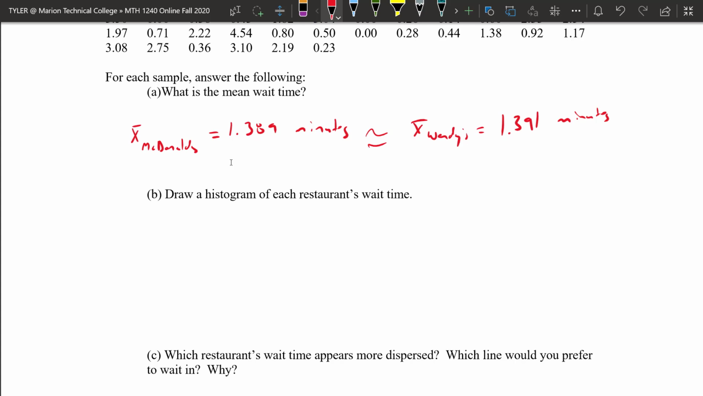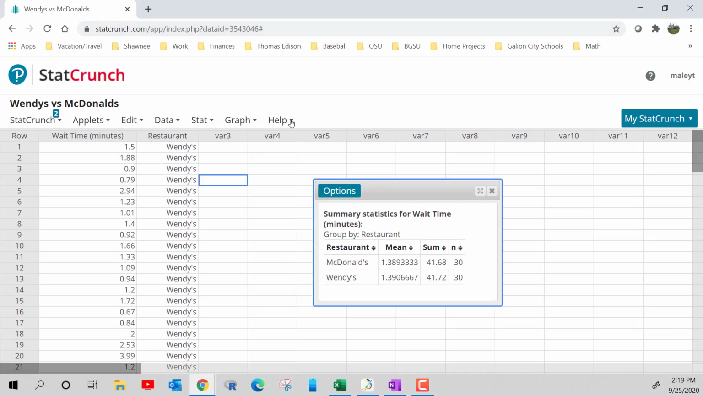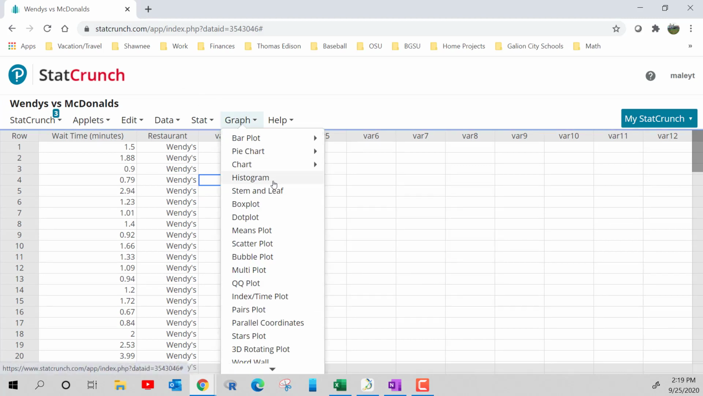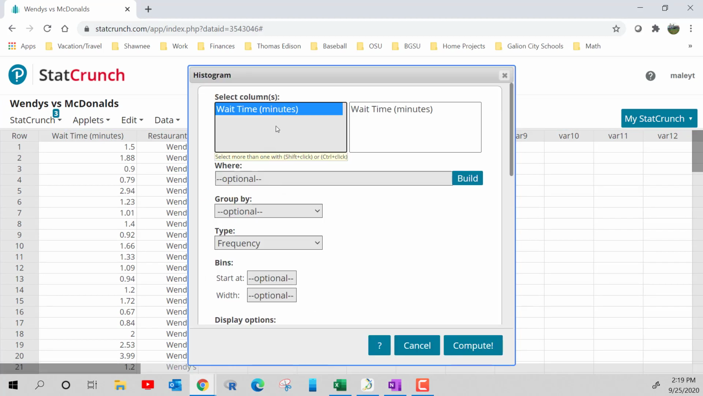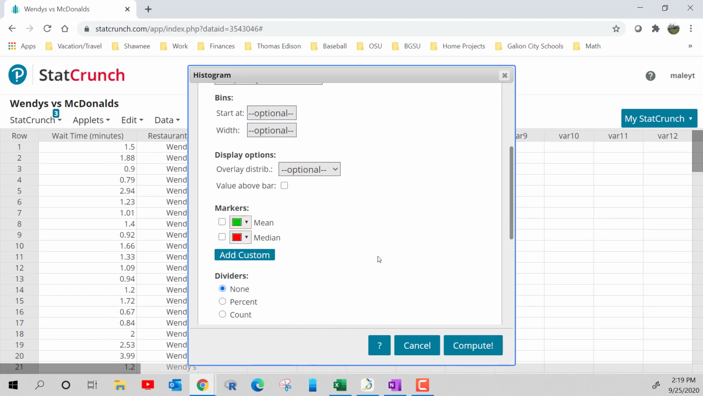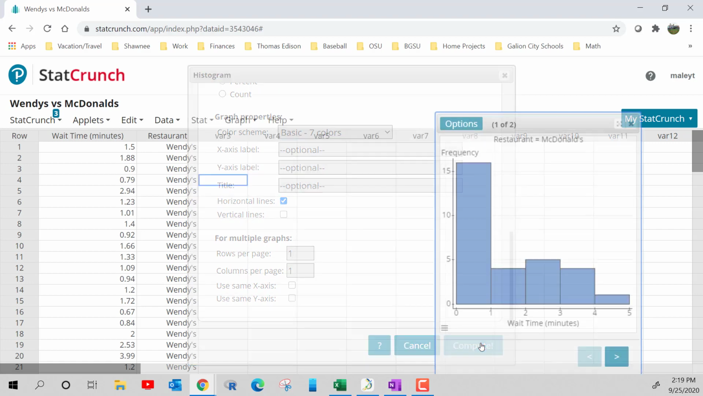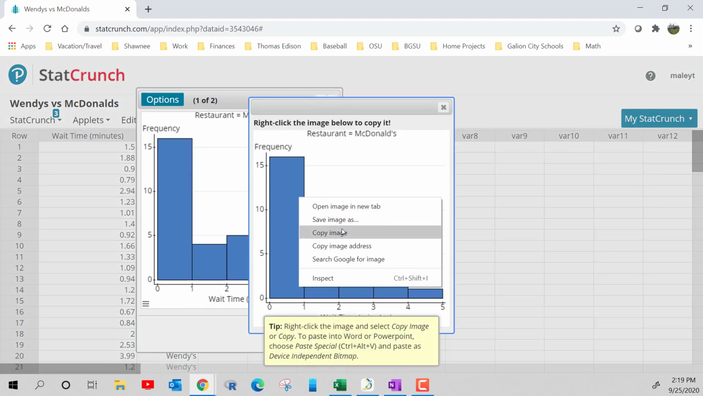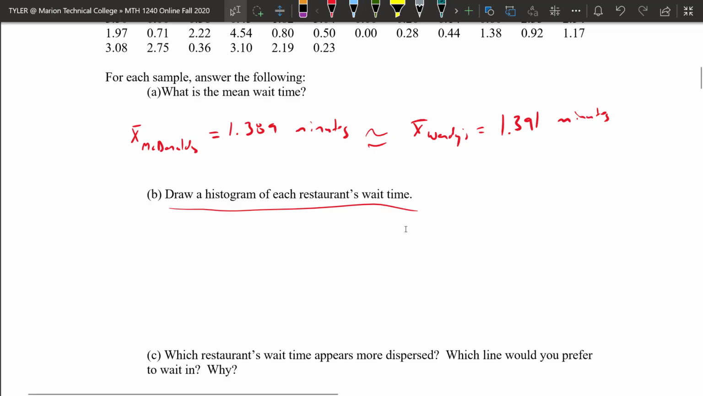Now what we want to do is look at a histogram for each. Again, if I go back into StatCrunch, I can go to graph, histogram, I want to do wait time in minutes, and here I want to break it up by restaurant again. I'll go ahead and hit compute. Here is the histogram for McDonald's. I could copy this image, and I can paste this